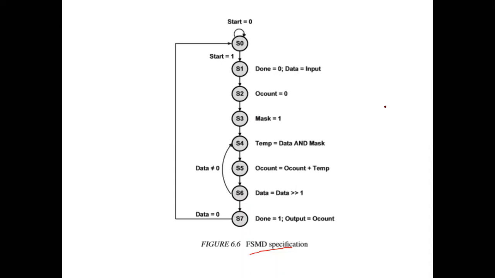And there are different control signals that will be responsible for the state transitions and all. First state is state 0. Different states are there, and we are assuming that each state will require only one clock cycle for execution. So based on that only we are defining these particular states. Each state will require only one clock cycle.